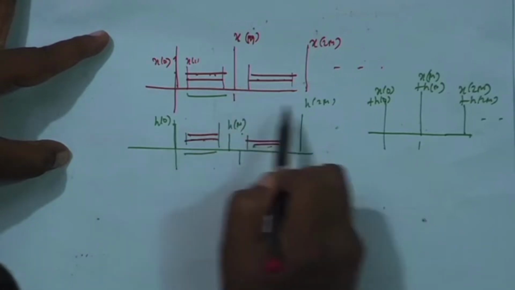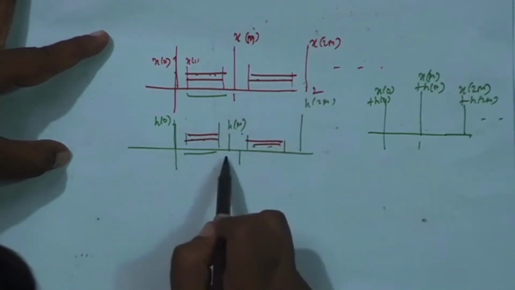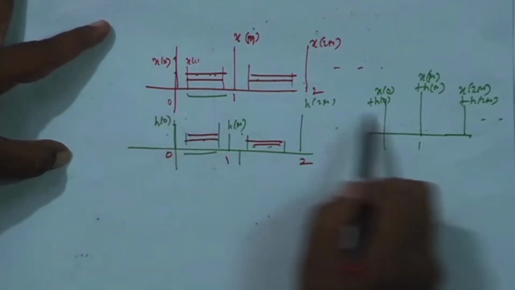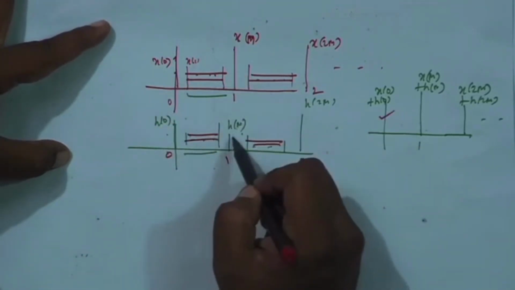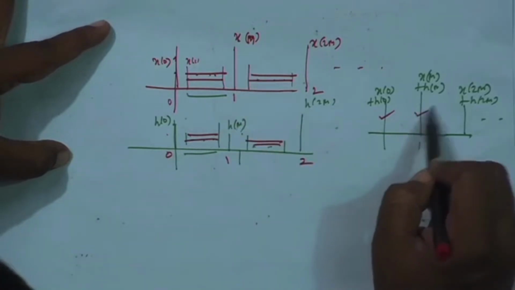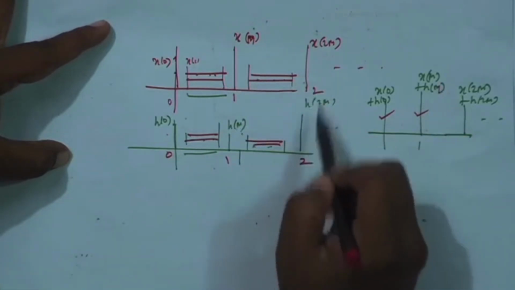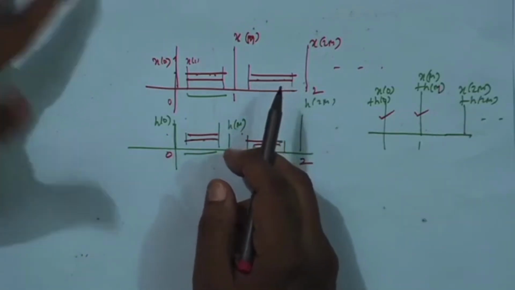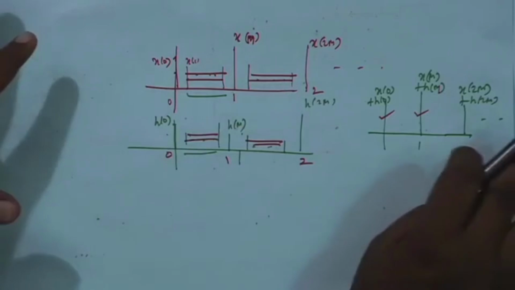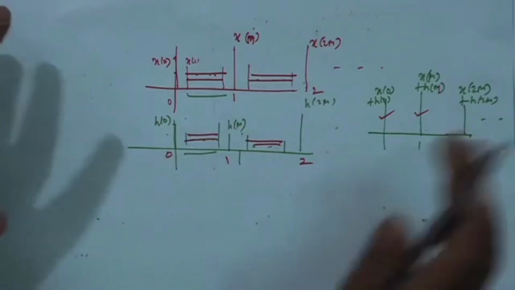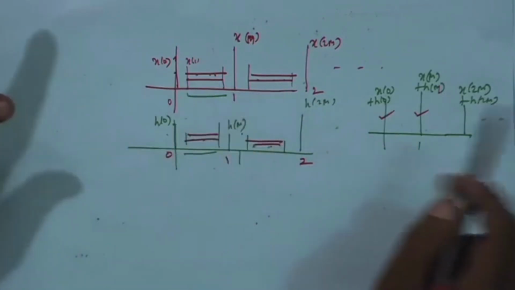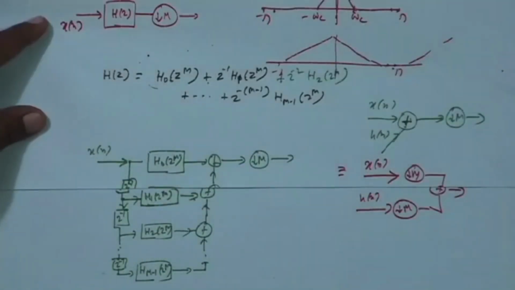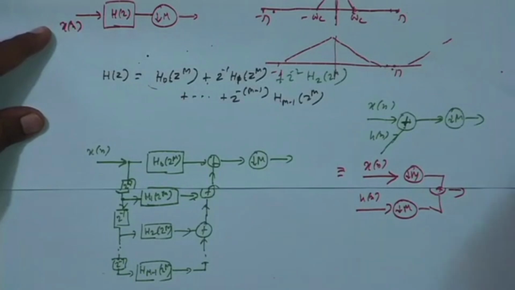So, this will become sample number 1, this will become sample number 2, this will become sample number 0, 1, 2. Now, if you add x 0 plus h 0 present here, then sample number 1 will be x m plus h m present here. Then sample number 2 will be x 2 m plus h 2 m present here. So, either you add then throw away the intermediate samples, you get the same thing, or you first throw away the intermediate samples and add, you will get the same. Okay. If that be, then